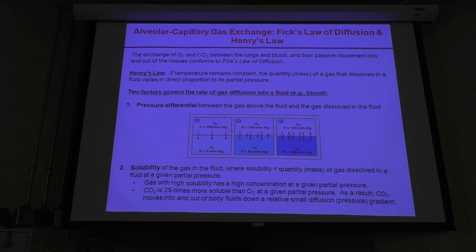So as a result of this, carbon dioxide actually moves much more freely into and out of the body fluids down a relatively small pressure gradient. So we know that we have relatively narrow pressure gradients for carbon dioxide between the lungs and the blood. We have to have